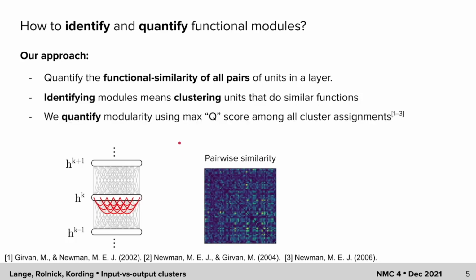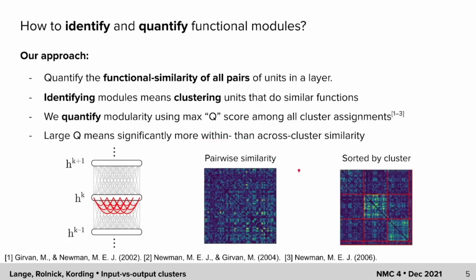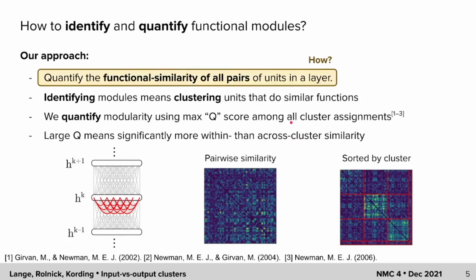Any set of cluster assignments can be assigned a modularity score, or Q, which was a metric originally designed to detect modular structure in network data. Intuitively, high Q means that units are significantly more similar within than across clusters. In other words, we should see higher values in the block diagonal parts of the pairwise similarity matrix after sorting by cluster. Now, a crucial step I skipped over is exactly how we define the functional similarity of a pair